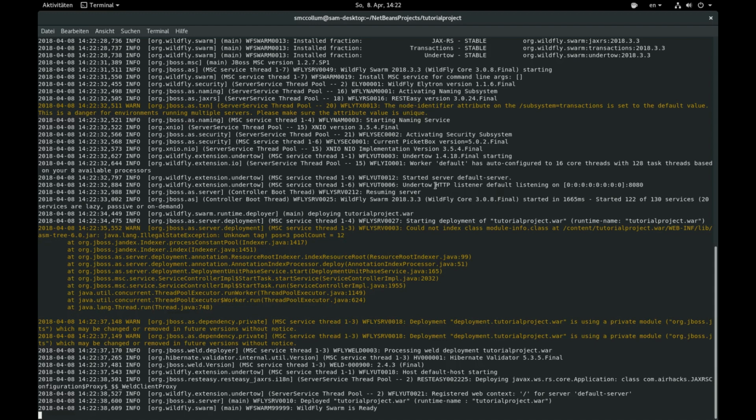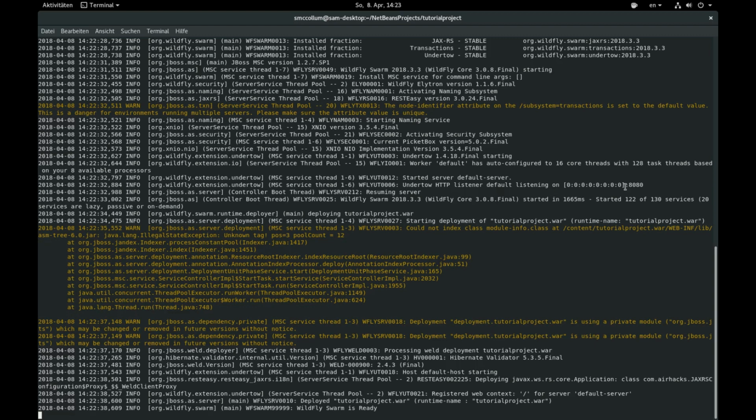Okay, you can see this line at the bottom that says, well, let's go back up here first. See, undertow HTTP listener default listening on, and this 0:0. This is actually an IPv6 IP address. So it's the equivalent of 0.0.0.0 in IPv4. And both of those addresses, if you see 0.0.0.0, don't worry, you didn't do anything wrong. It's just something else about the way your computer's set up. But they both mean the same thing, which is to say, just listen for traffic and allow me to make HTTP requests to